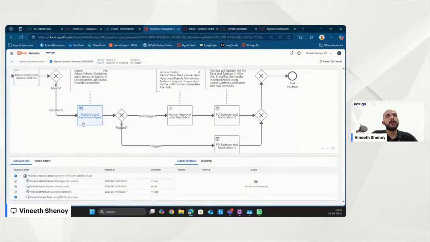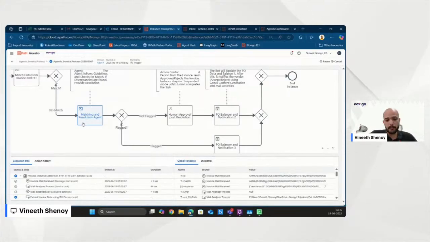If there is truly a discrepancy, the agent will analyze it and find out, using context grounding and backend data, what possible resolution steps it can take to resolve it. And if it finds something out of the box, something that it has never faced before, then it would ask for human validation. Once the human validation is completed, it will go ahead with either this or the second part.